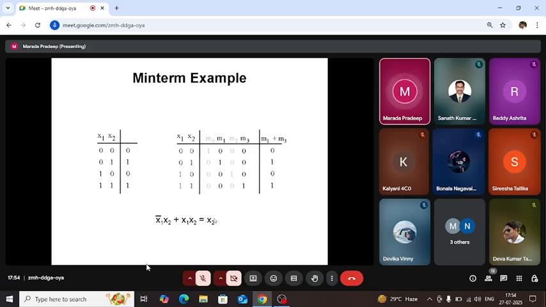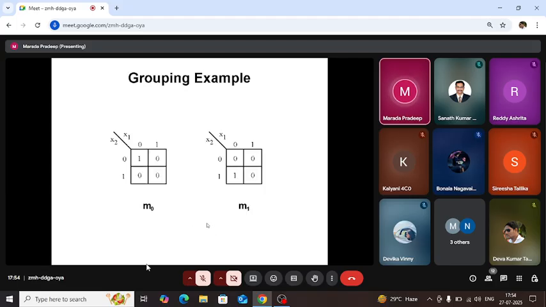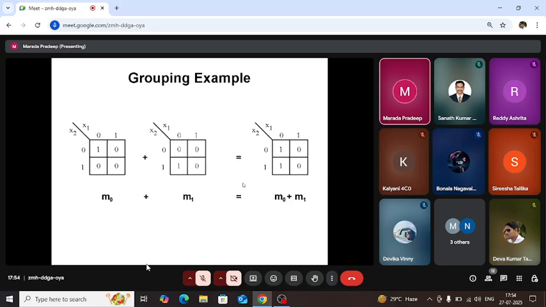After applying some law, we get the simplified expression using the K-map. See, m naught we can represent like this, and m1 like this. After combining, the output is coming like this. Here 0 0, m naught is 1, and m1